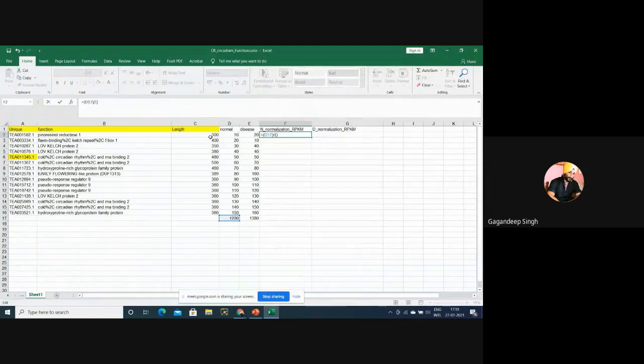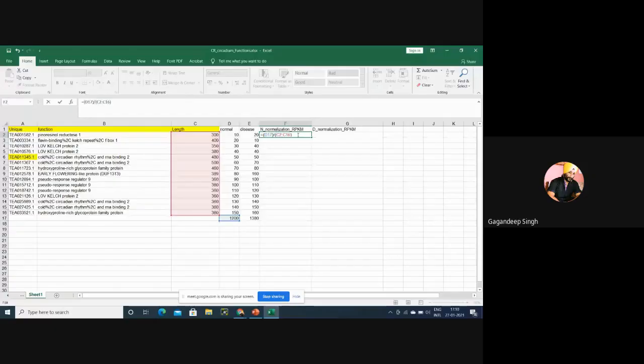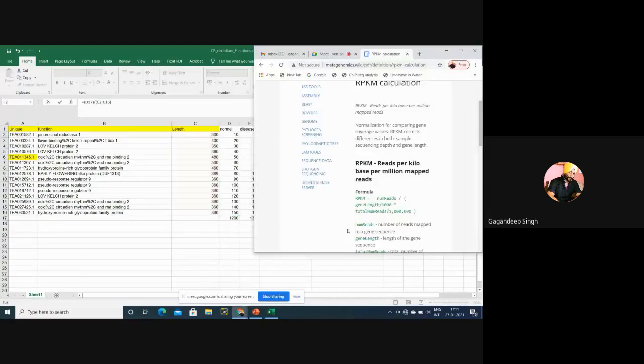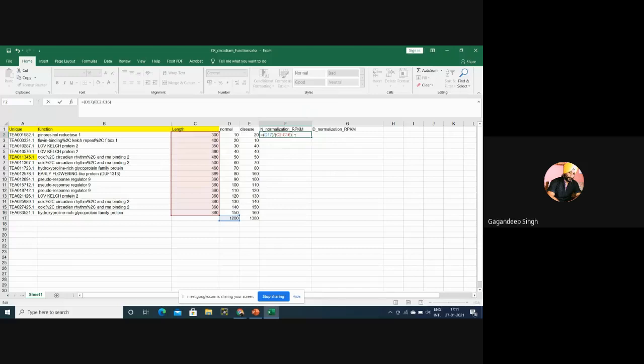What is the gene length? This is the length of gene. I have to select this gene length from this to this. Then again, gene length, because we have to select each gene length, divided by 1000 inside this only, divided by,